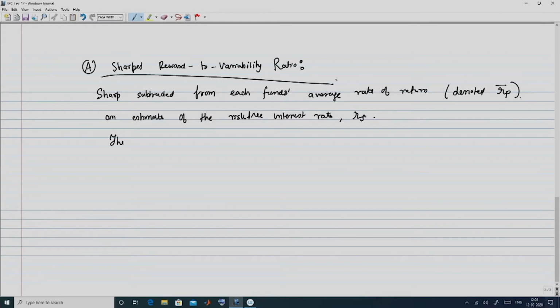Now, this difference is called risk premium or